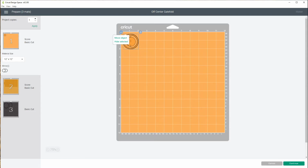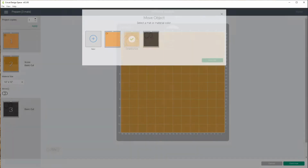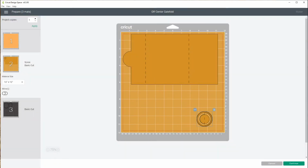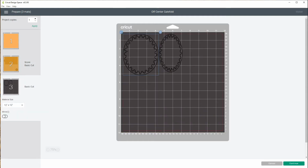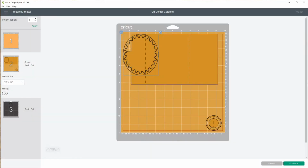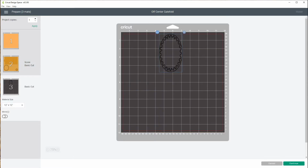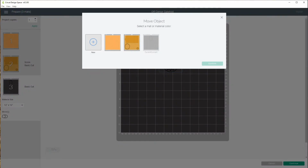I'm going to move this object to the card mat and just confirm it. I just put this over in the corner for now, and let's go to the bottom one. Now we have two objects here. We're going to move those on the same mat as well. So I'm going to move this object back over to the mat in the center. Let's pull it down over here, and we have one more object here. I'm going to take that ellipse, move that object, and put it into the